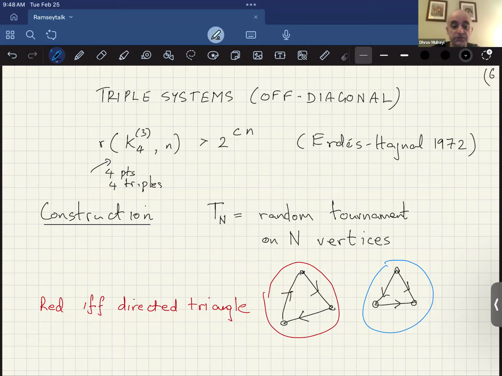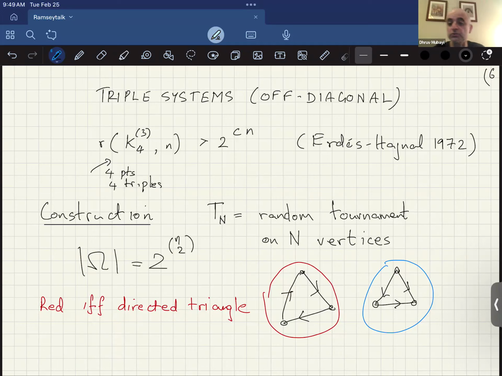Okay, so this is the construction. You take a tournament on capital N vertices, and you randomly orient every pair in one or the other direction. That's the randomness. Okay, so your probability space has size, in this specific instance, 2 to the N choose